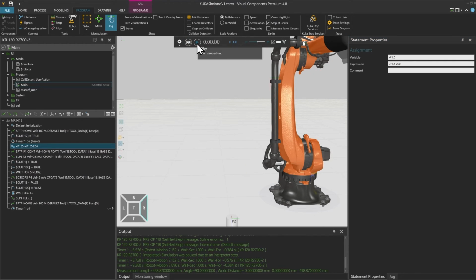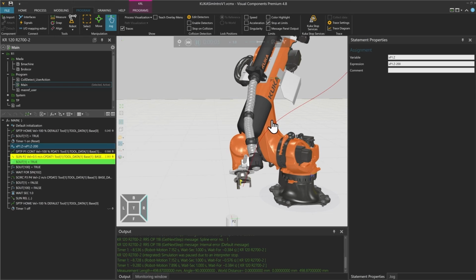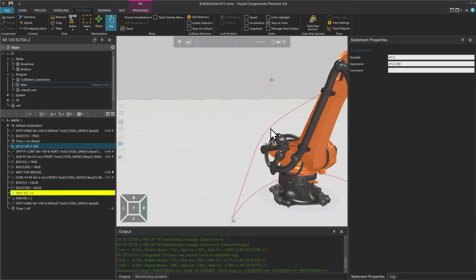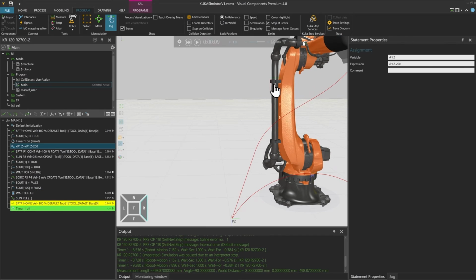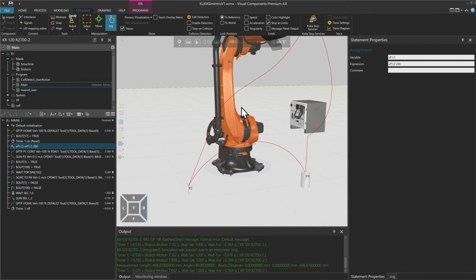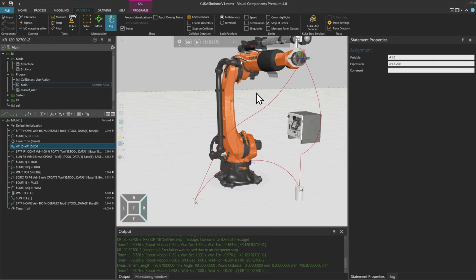Let's have a look at what happens. It takes my point 1 but sets it 200 millimeters further down and then approximates this point. So even though in my simulation it still appears up here, it will calculate a new point down there. And with that, you can do really nice stuff, for example, shift bases.